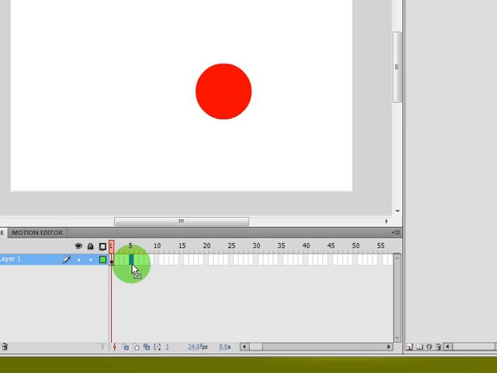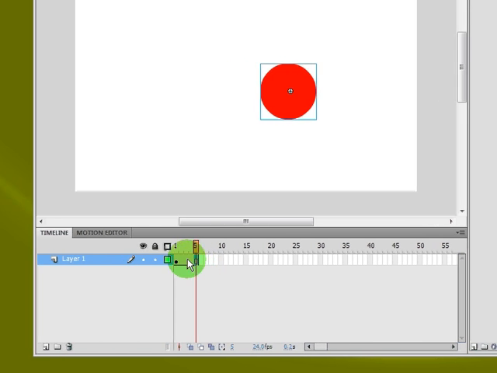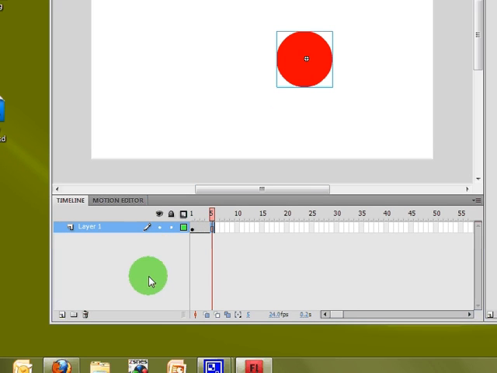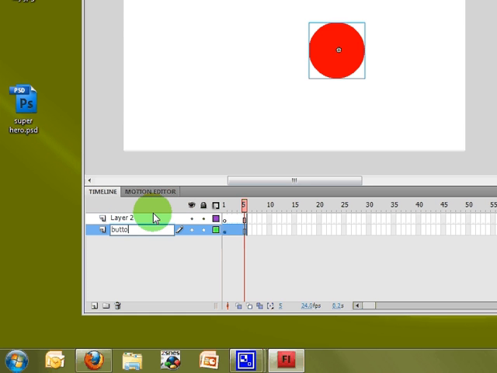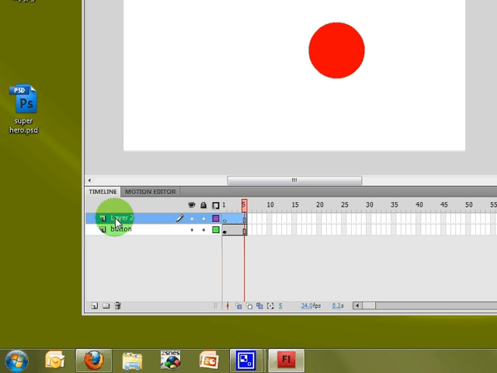Actually, I'm going to insert a frame here. And so there's that. So now there's a frame 5, and I need frame 5 to look different so I know that it works. So I'm going to make a new layer. This one will be my button layer, or I don't even see layer, button. And then on the top one, I'll type in